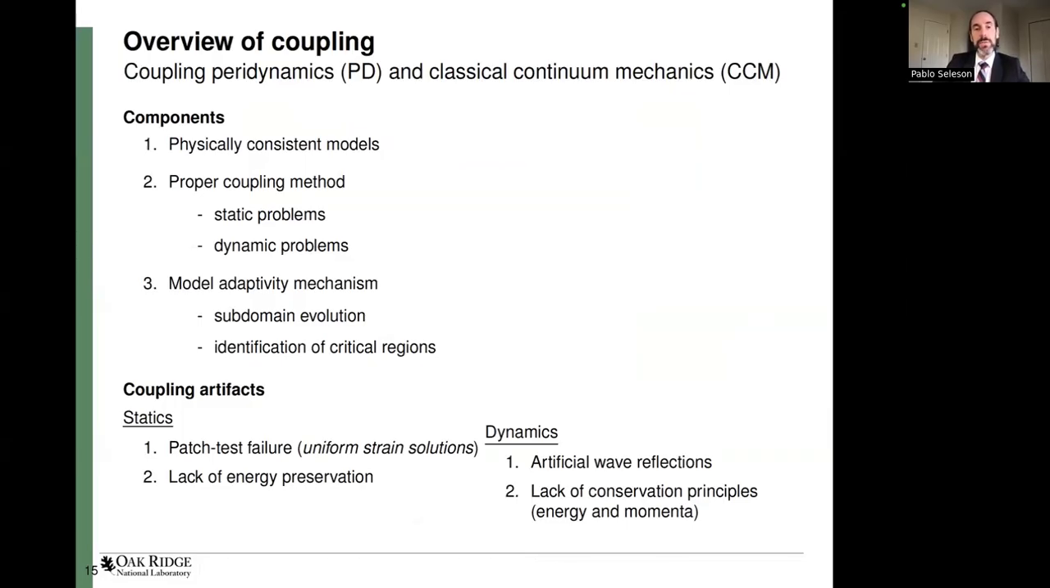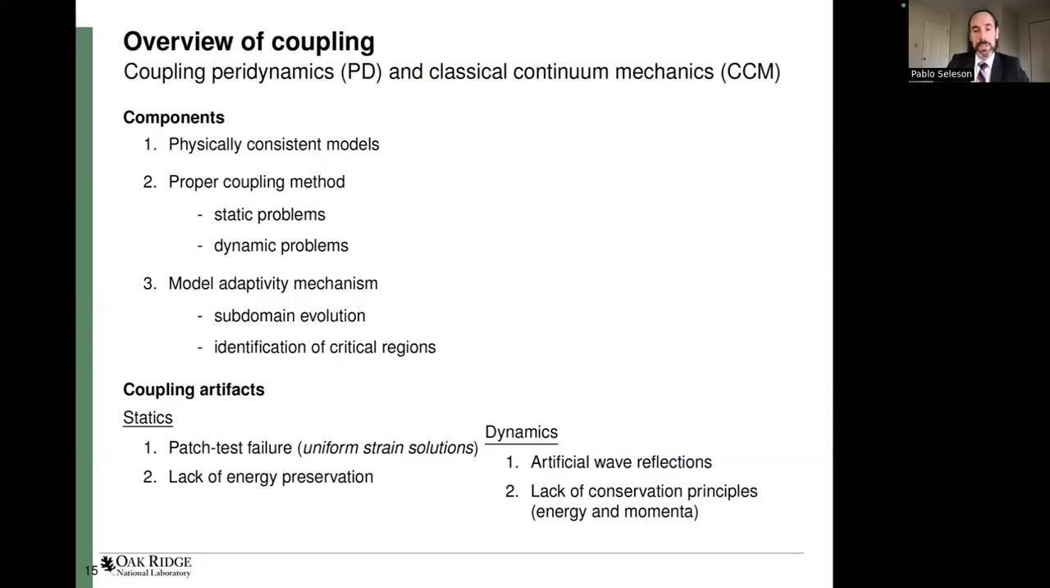So first, we need physically consistent models so that the coupling makes sense. But this is not a problem because we already showed that we can connect peridynamics with local models in this limiting process at the beginning of the presentation. Then we need to choose a proper coupling method, which may or may not be the same to deal with static problems or dynamic problems. And then we would require model adaptivity, so we can evolve the subdomains and also identify the critical regions where